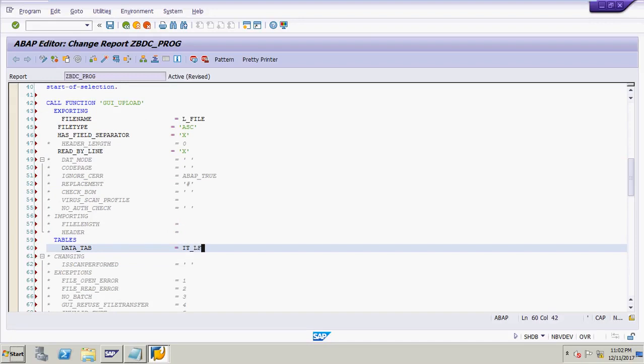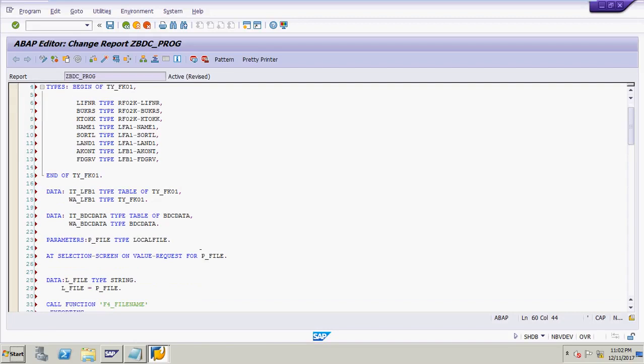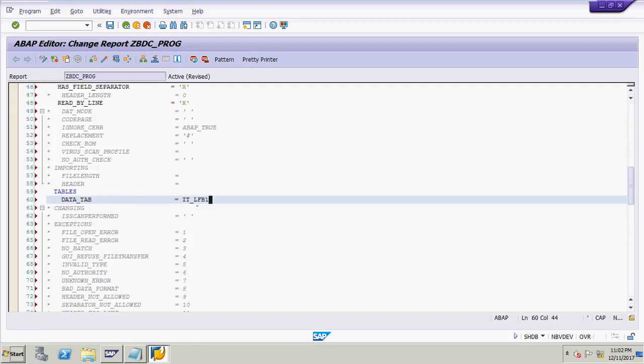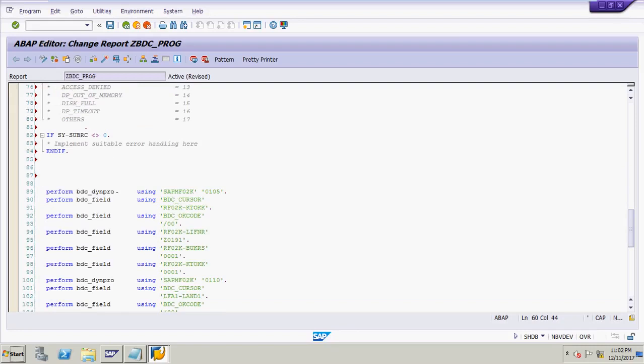You have to remember which internal table you have mentioned. Here I have mentioned IT_LFB1. Suppose you name it IT_ABCD, then you have to put IT_ABCD here. Okay.